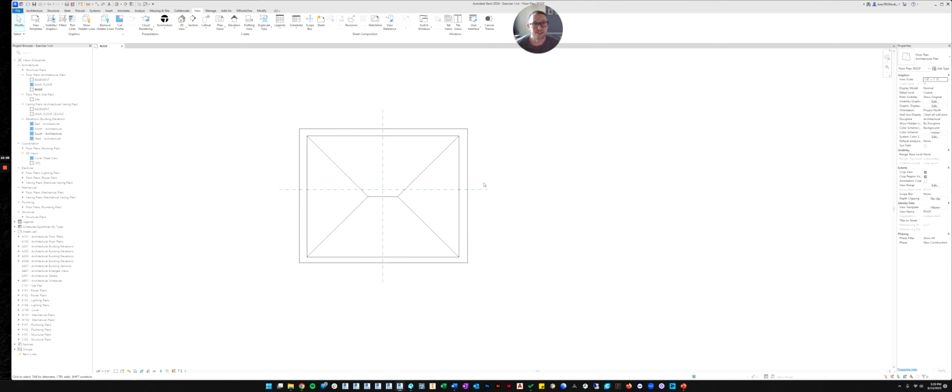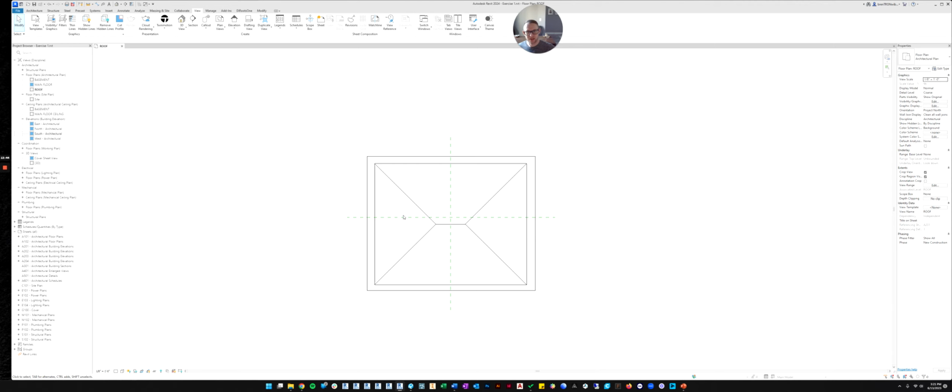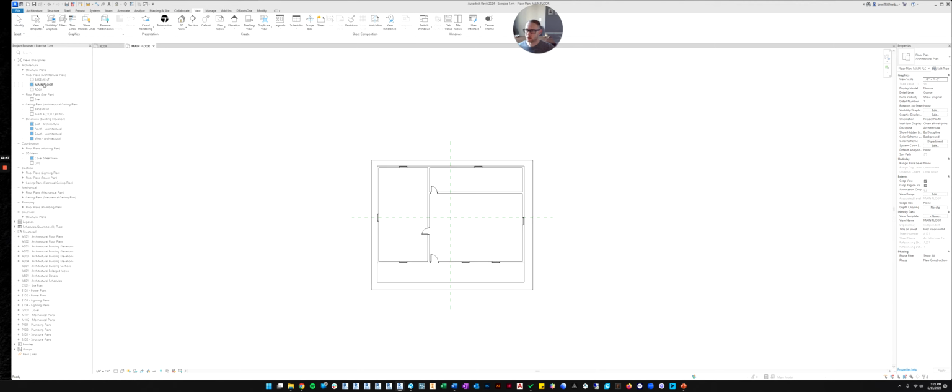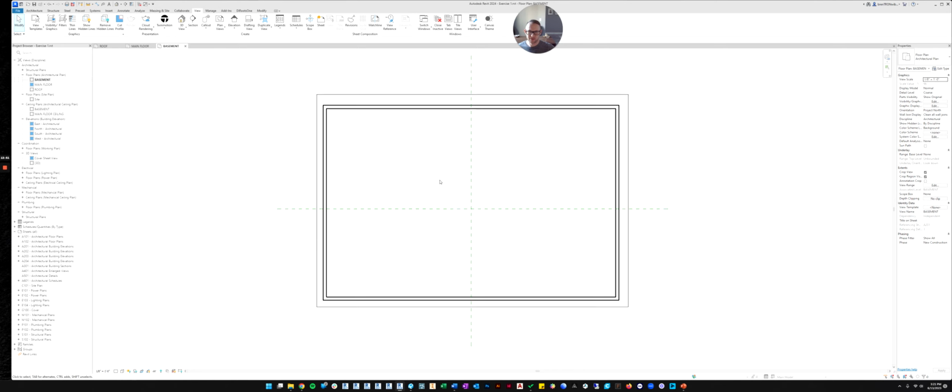So all of that explaining is to simply help you understand that if something is not being displayed in your view correctly, it could be the depth of your view is not set right. And the place you go to fix that is over here, called the view range. Okay, so now we've set up the roof plan so we can see the full roof. We can see the main floor, and we can see the basement.